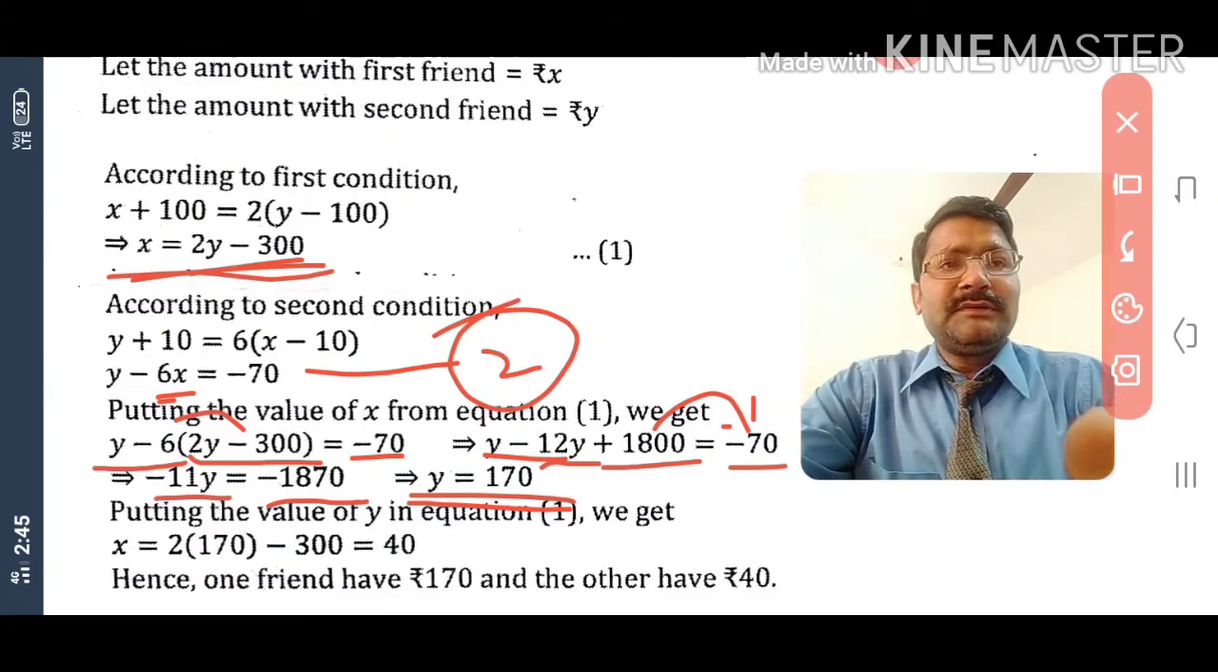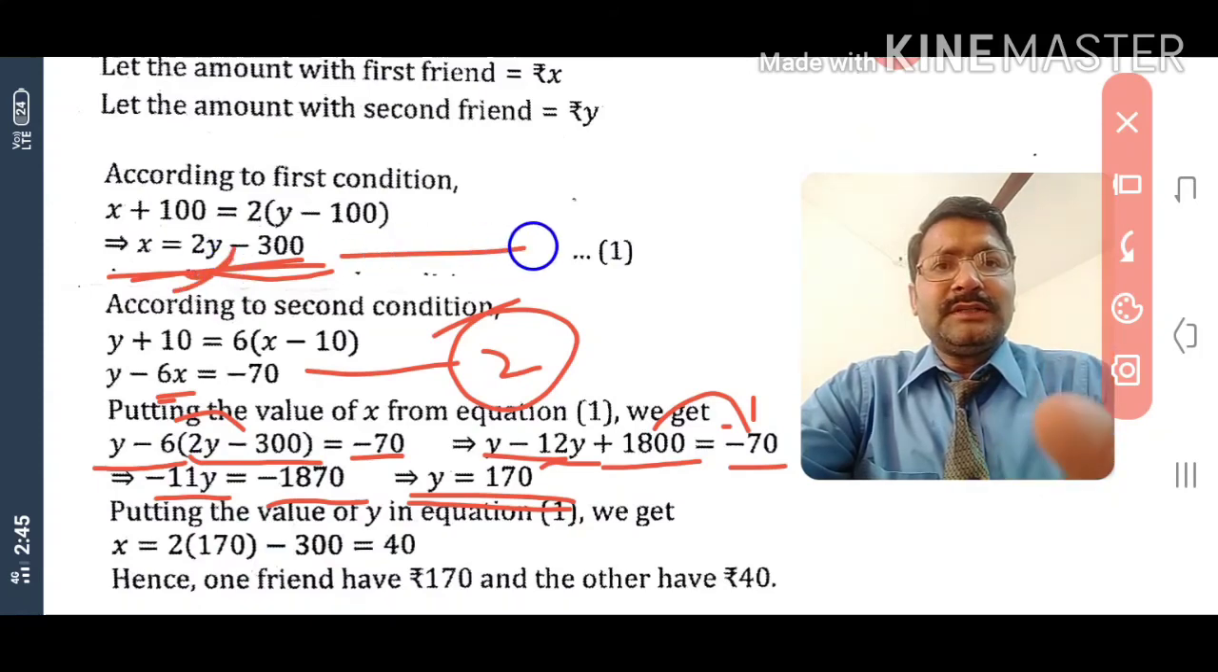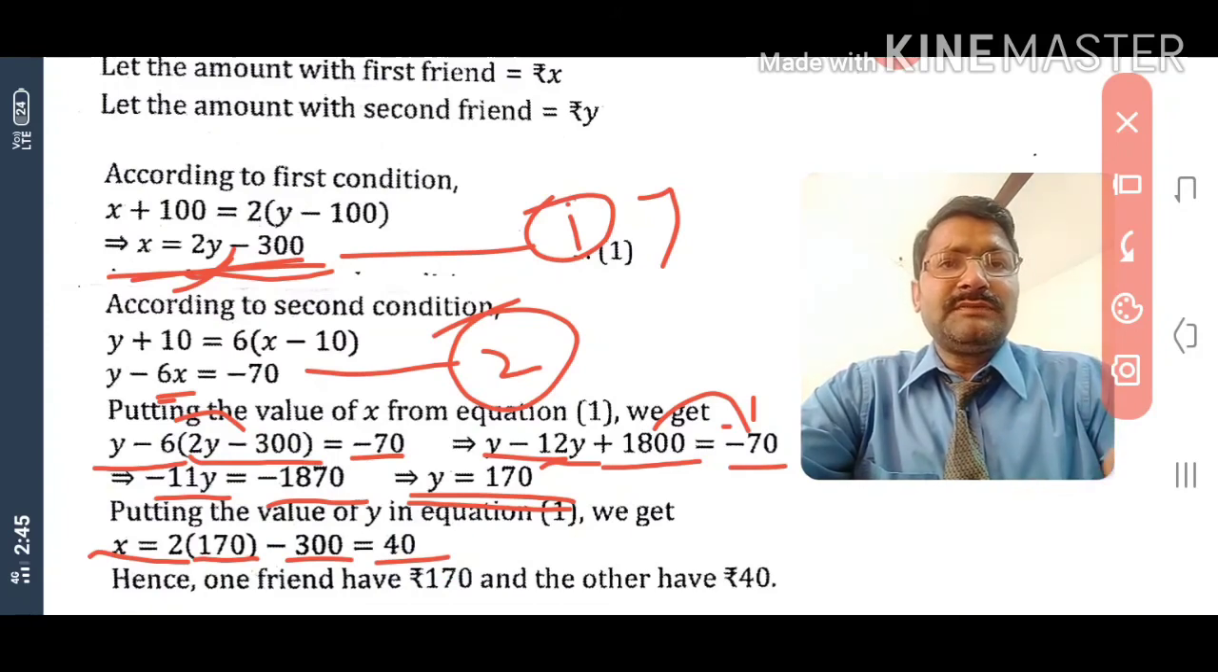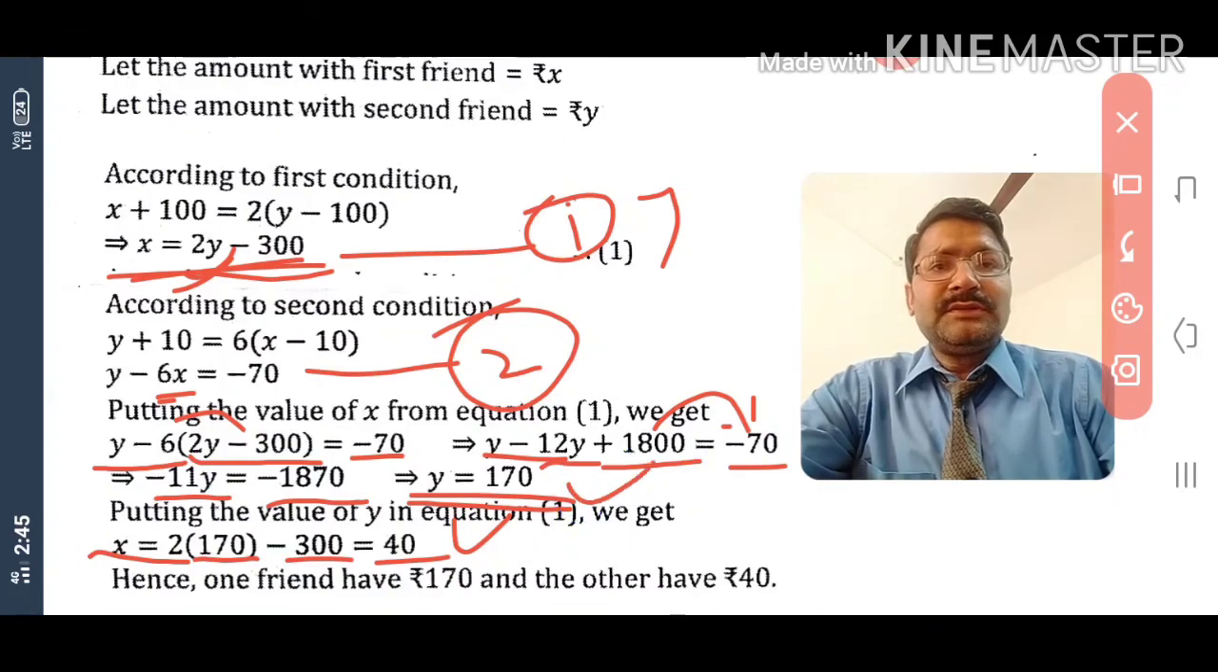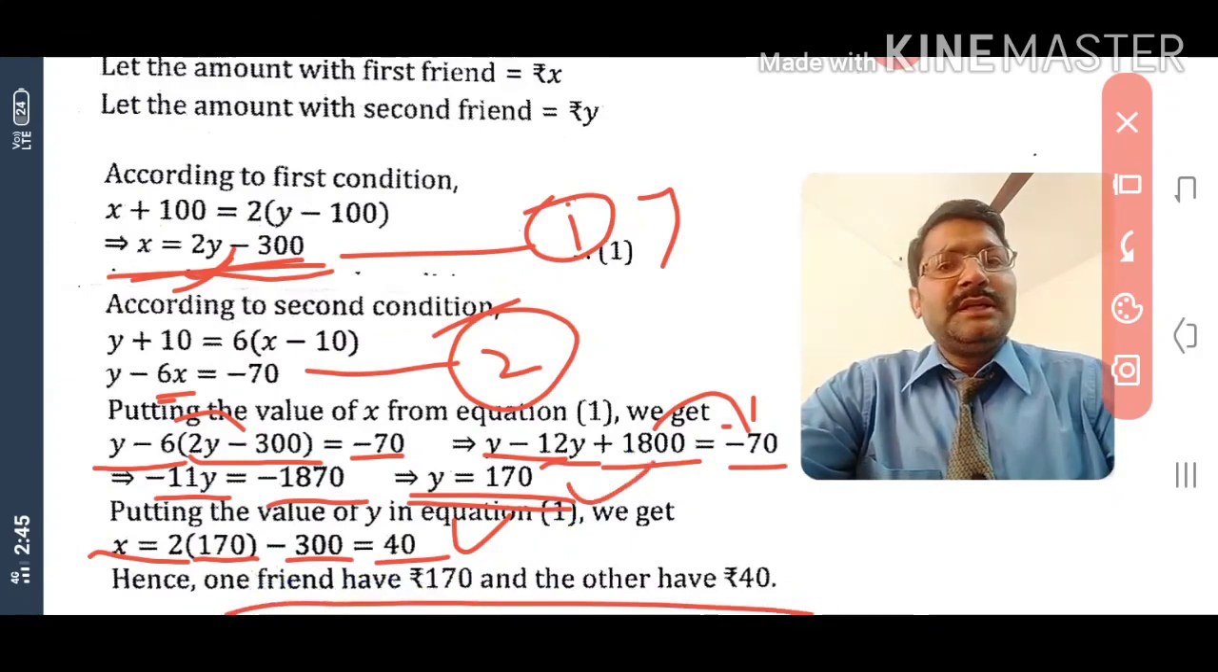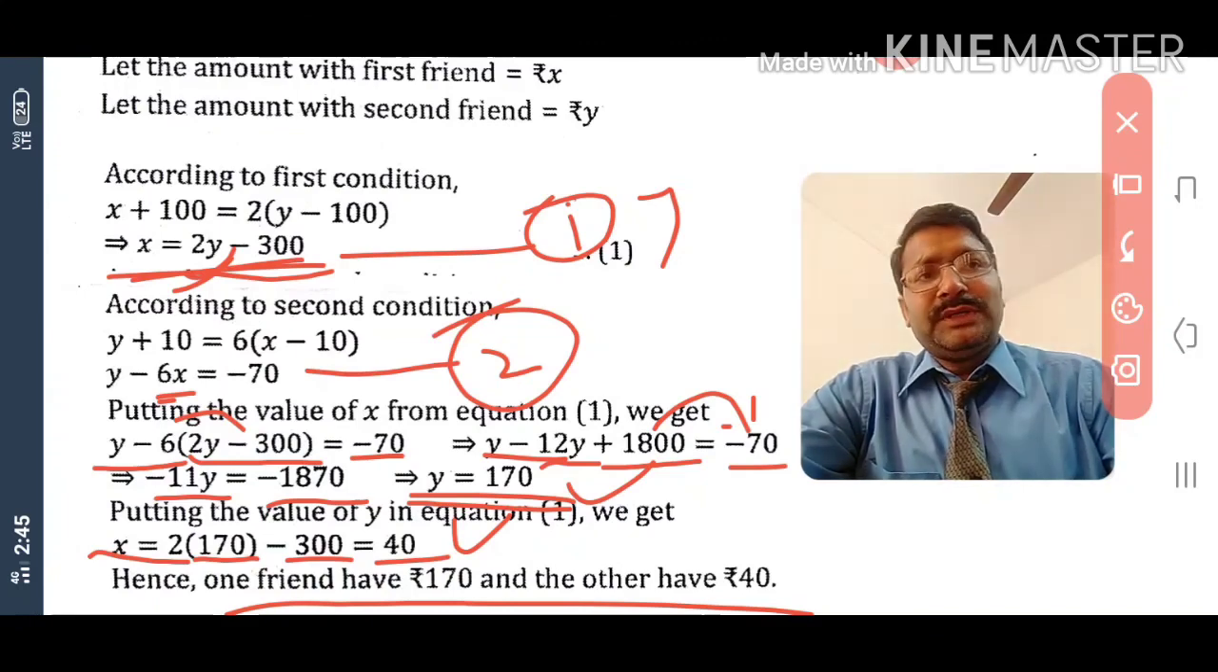Now this value of y you will put in equation 1. In equation 1 you put the value of y. So x equals 2 into 170 minus 300, that you get 40, means the first friend has 40 rupees and the second friend has 170 rupees. So you can write this answer: one friend has 170 and the second friend has 40 rupees. Hope you